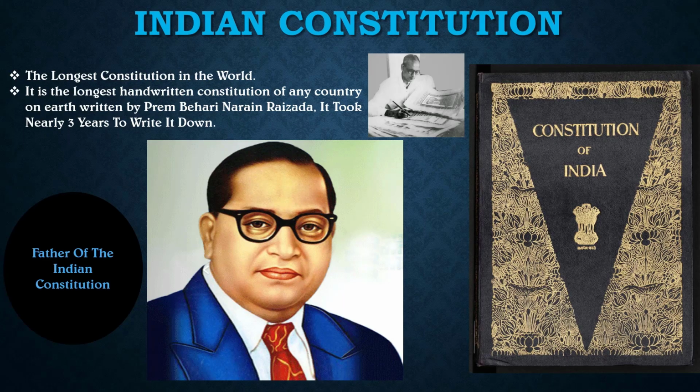Now, who made this Indian Constitution? There were many members, a group of people, or we can say a body of representatives, chosen for framing this Constitution of India. There were people like Jawaharlal Nehru, Sarojini Naidu, Rajendra Prasad, Dr. BabaSaheb Ambedkar. These were some of the important members of the Constituent Assembly. Now, what is the Constituent Assembly? This is the body of representatives, or a group of people, chosen for framing the Constitution. This body is known as the Constituent Assembly.